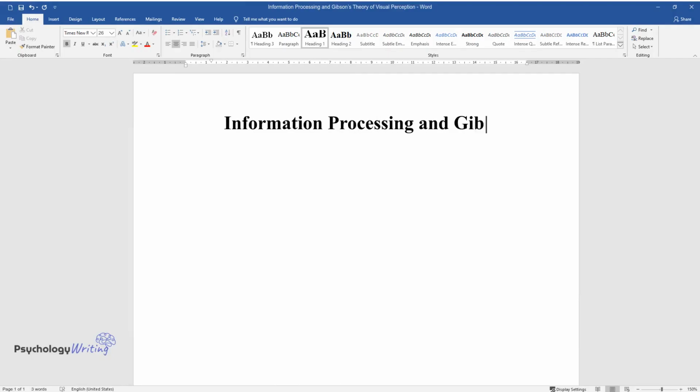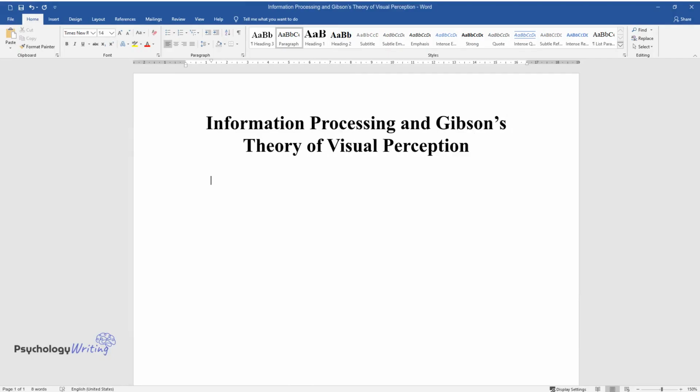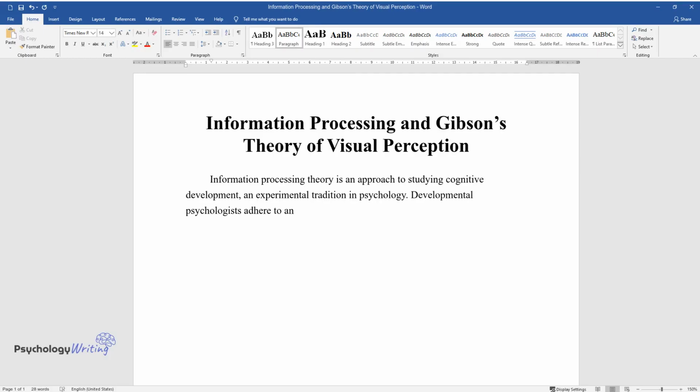Information processing in Gibson's theory of visual perception. Information processing theory is an approach to studying cognitive development, an experimental tradition in psychology. Developmental psychologists adhere to an information processing perspective and consider mental development regarding changes during maturation in significant components of